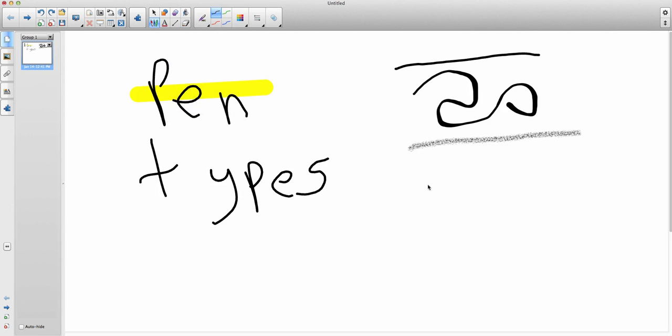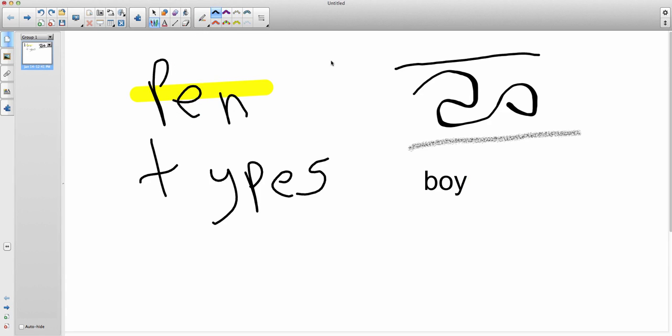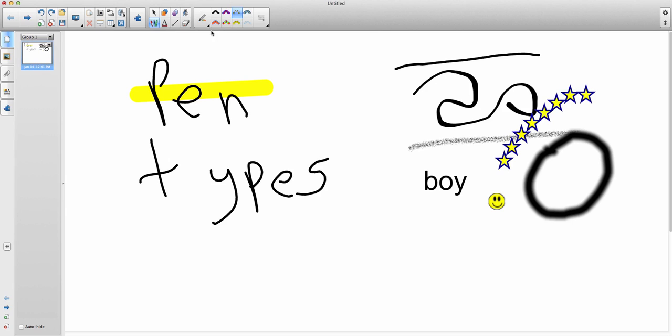Text pen lets you write something and then it converts it over into text. Creative pen lets you do some of these things here, which is kind of cute, with the happy face, the stars, all kinds of different things. Paintbrush, different kinds of paintbrushes here. Magic pen, which is kind of cool because you can